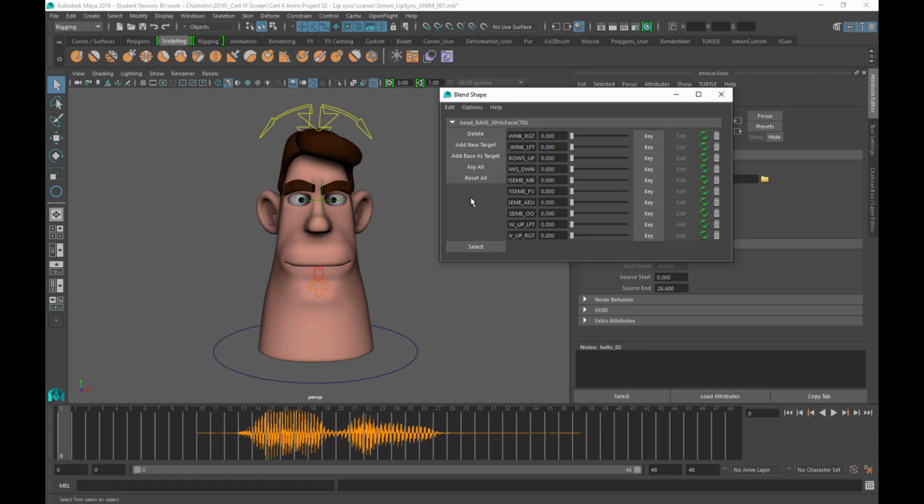I also probably wouldn't mess around with key all or reset all. We might do a key all right at the beginning, but reset basically can be handy. It'll just set all the values back to 0. So in other words, it just turns all the shapes off. But most of the time what you're going to be doing is adjusting these values. Occasionally you might turn one of these on and off, or type numbers in, and you'll also be using these